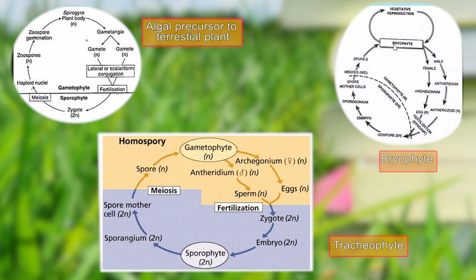In the case of bryophytes, which are known as the amphibians, the gametophytic phase was elaborate, but the sporophytic phase was also somewhat more than in the aquatic habitat. You can see here that the sporophytic phase has grown to some level. But in the case of tracheophytes, we see that the sporophytic phase is dominant and the gametophytic phase is very much restricted to only the formation of the gametes.